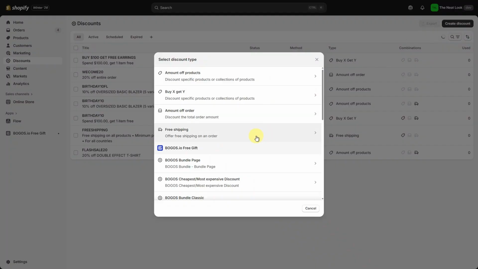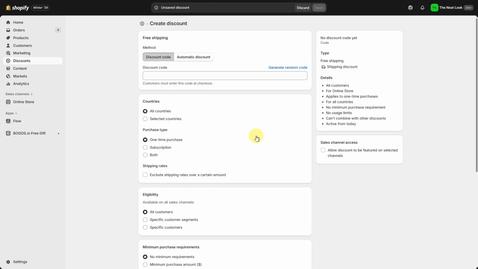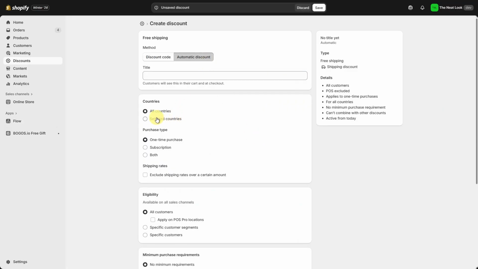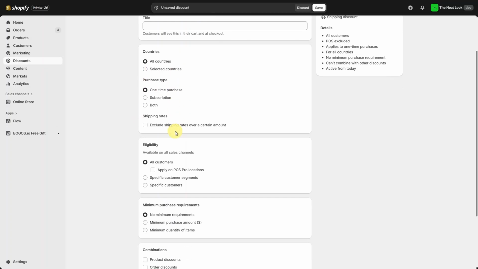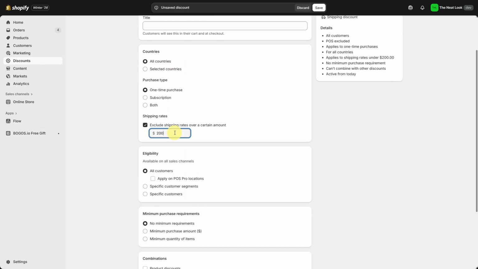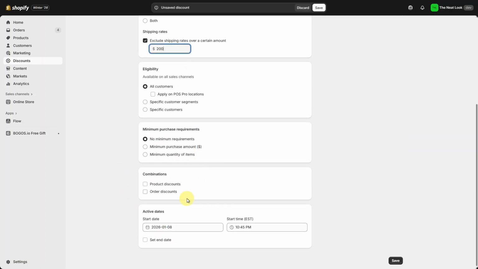For this offer type, you need to specify where this applies by selecting the All Countries option or specific regions. Next, choose the purchase type. Enable Exclude shipping rates over a certain amount if you want to disable free shipping when the shipping cost exceeds a specific value. The rest are also similar to other discount types,